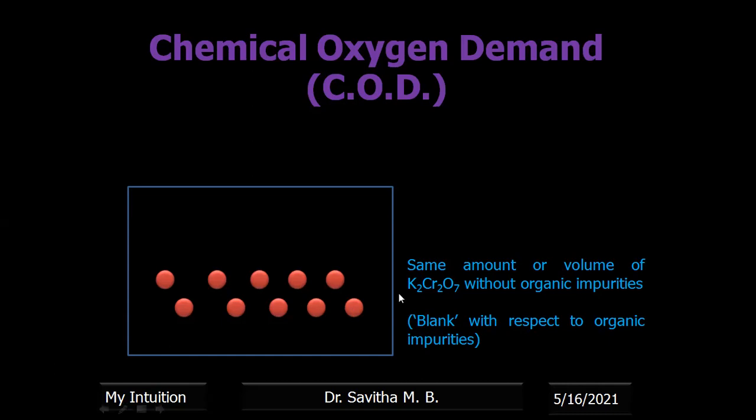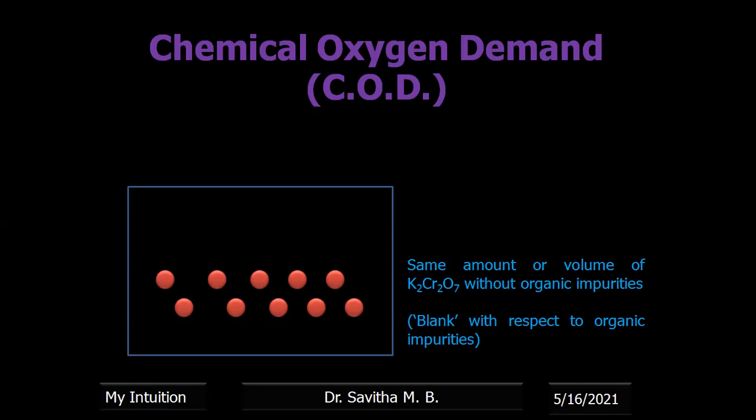Therefore, our next work is we need to find out how much potassium dichromate we have actually added. Okay, so what we do is the same type of conditions we maintain, and we take two flasks. In one we will be taking sewage water, and another one we will not take sewage water. Instead we will take distilled water. Okay, if you have taken 50 ml of sewage water, 50 ml of distilled water we have to take, in two different flasks. Okay, and then you add potassium dichromate to both the flasks. Same volume. If you add 10 ml there, here also you have to add 10 ml.